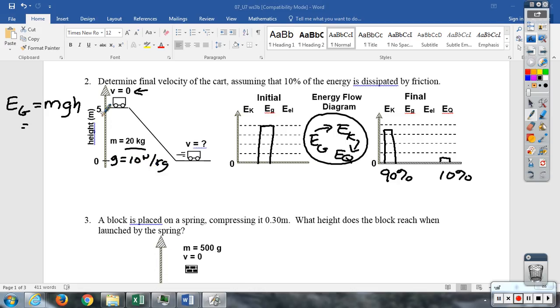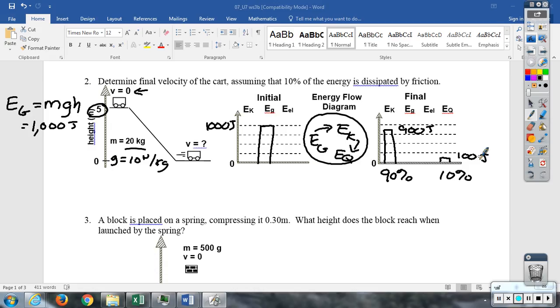And the height is 5 meters above the ground. So you get 1,000 joules. So this is 1,000. 90% of 1,000 is 900 joules. 10% of 1,000 is 100 joules. So we're asking now how much,